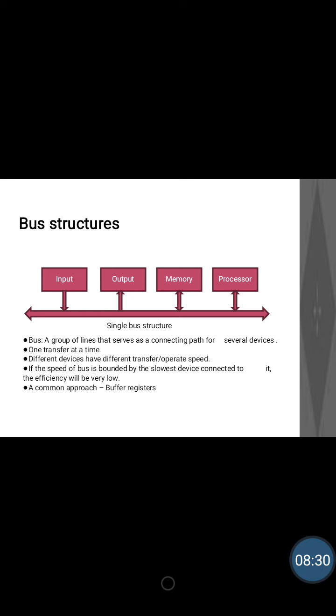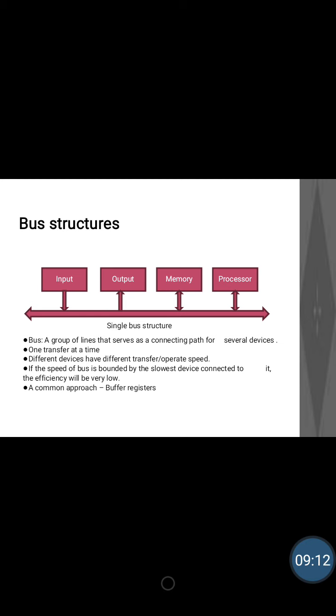Now what happens? Whatever is sent by the processor will go on being stored in the printer. The registers will store all the characters which are sent by the processor. Okay, so the buffer becomes full. When it becomes fully loaded, the printer will start printing. Now the bus and the processor are not required. The processor has already sent whatever it wants to print and all that is stored in the buffer register of the printer. The processor is now free, right? And the printer, by its own, taking the content from the buffer register, is printing.